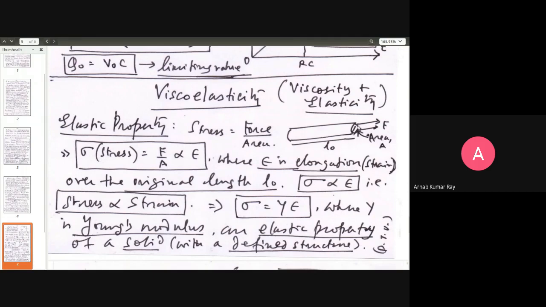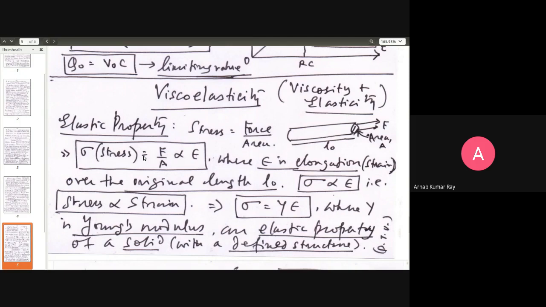And you are stretching the wire, you're holding one end of the wire with your hand and the other end you're pulling. So you're applying some force. So the wire will get extended a little, it will be strained a little. So let us now familiarize ourselves with definitions. Stress is defined as force per area over which the force is being applied. So if you're pulling the wire, force is being applied longitudinally along the length of the wire. So force is acting this way, and stress is defined as the force applied on unit area of cross section of the wire, force per area.